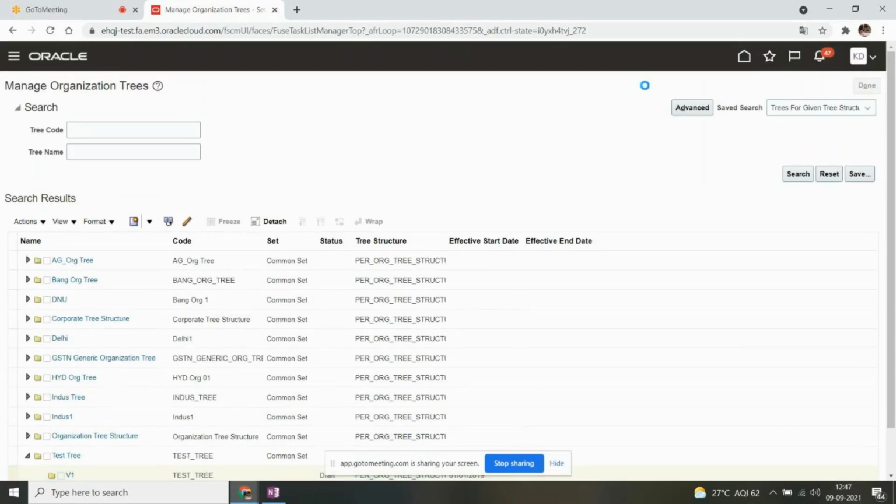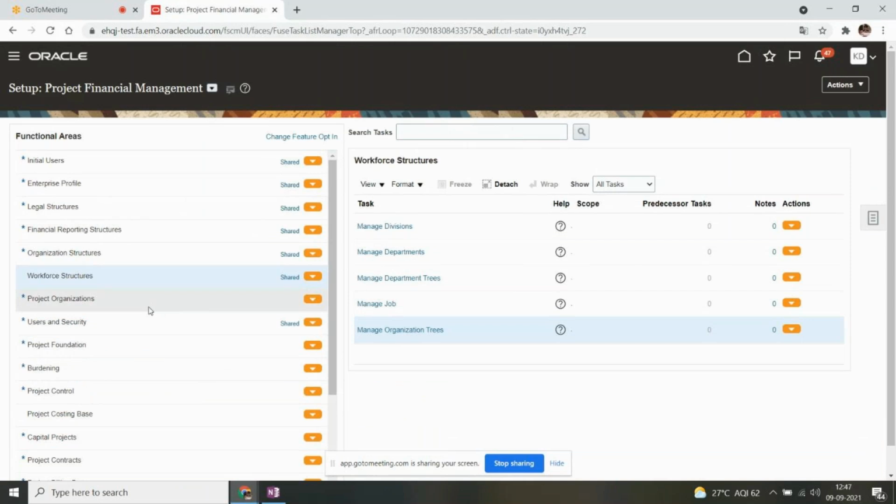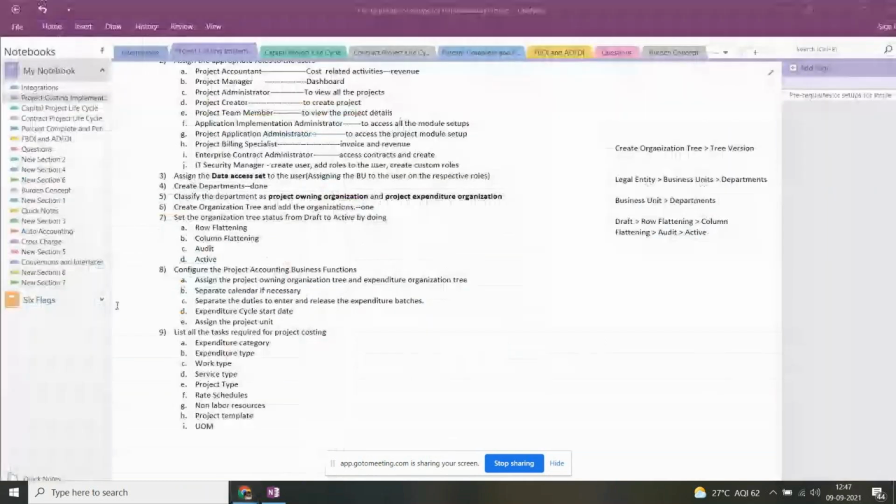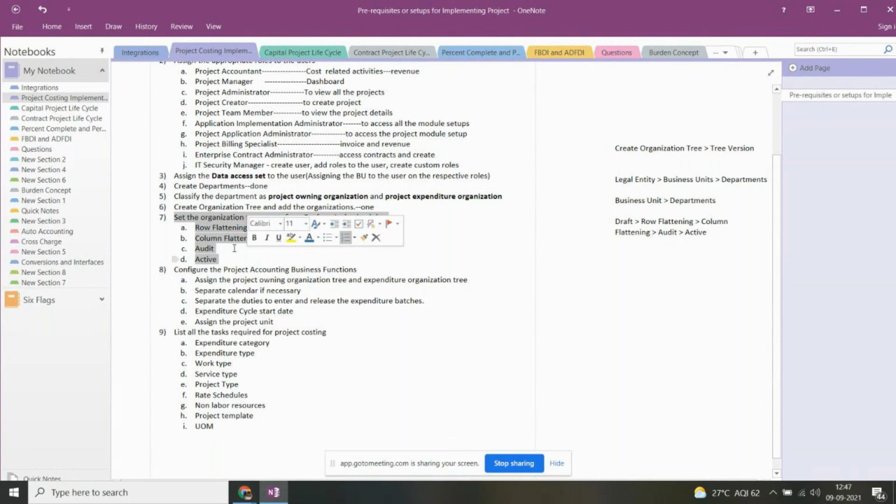Okay, next we'll go back to our project organizations. So I think we have done this step as well: set the organization tree status from draft to active by doing row flattening, column flattening, audit, and then active, right?